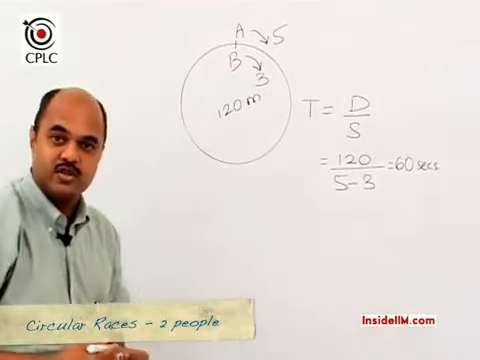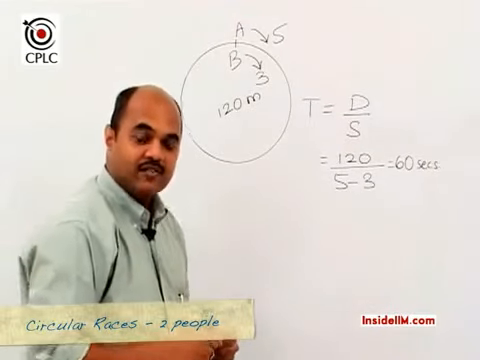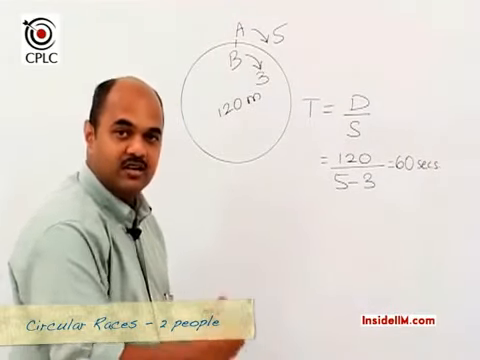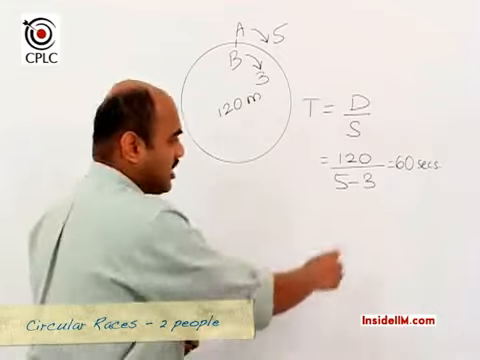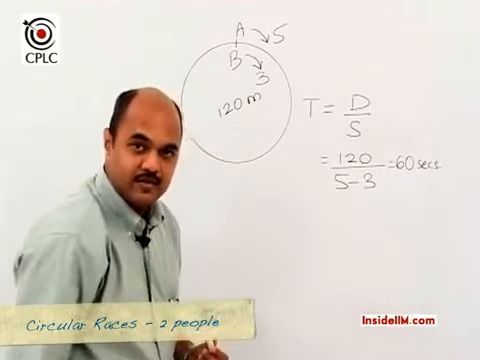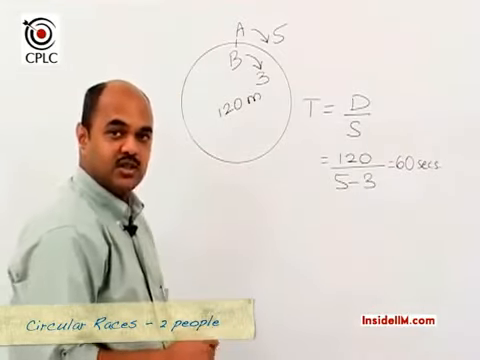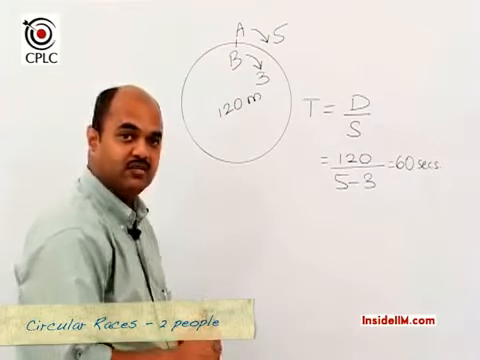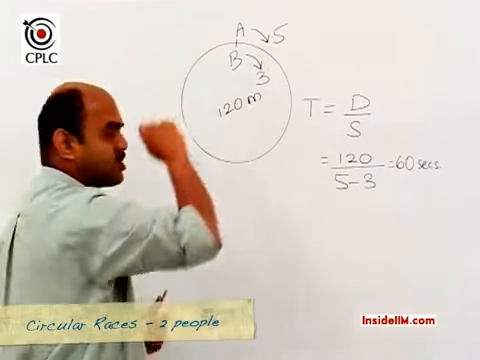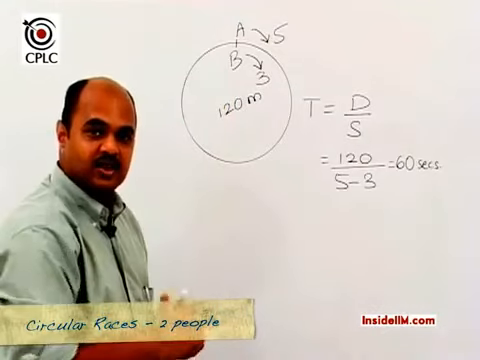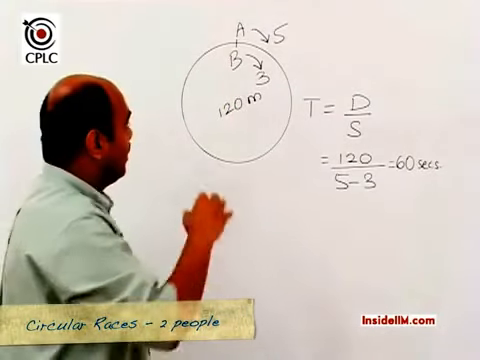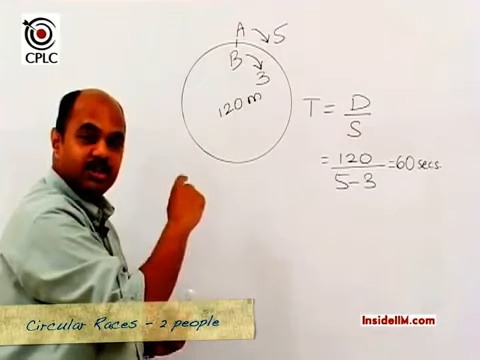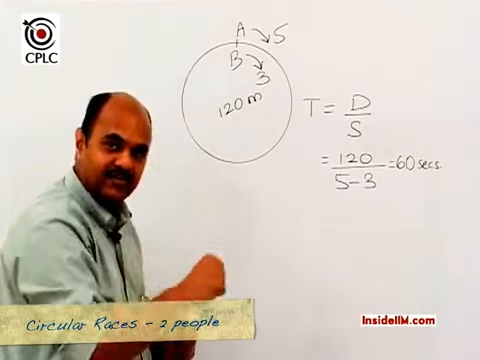So the answer to the first question, which was after how much time will the two meet for the first time, the answer is 60 seconds. Now if the question asked is after how much time will they meet for the first time at the start point, then the answer now would depend on in how much time do these two people A and B individually